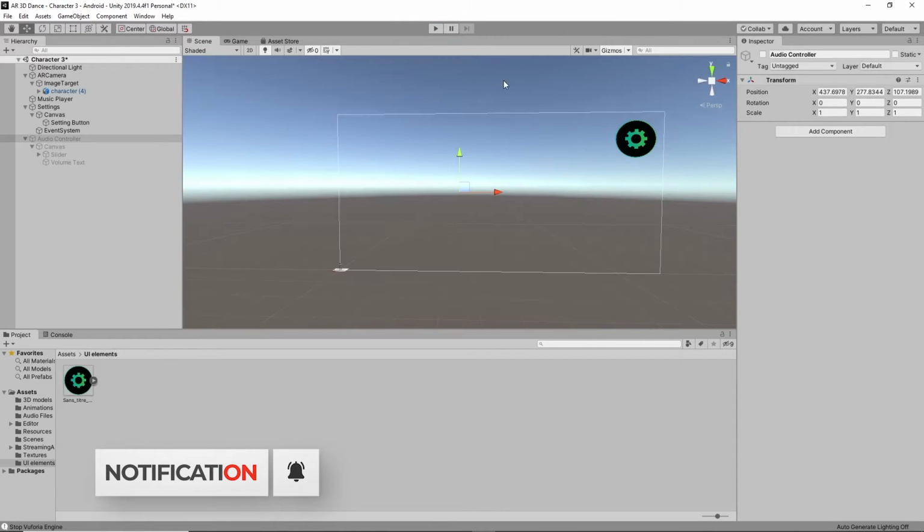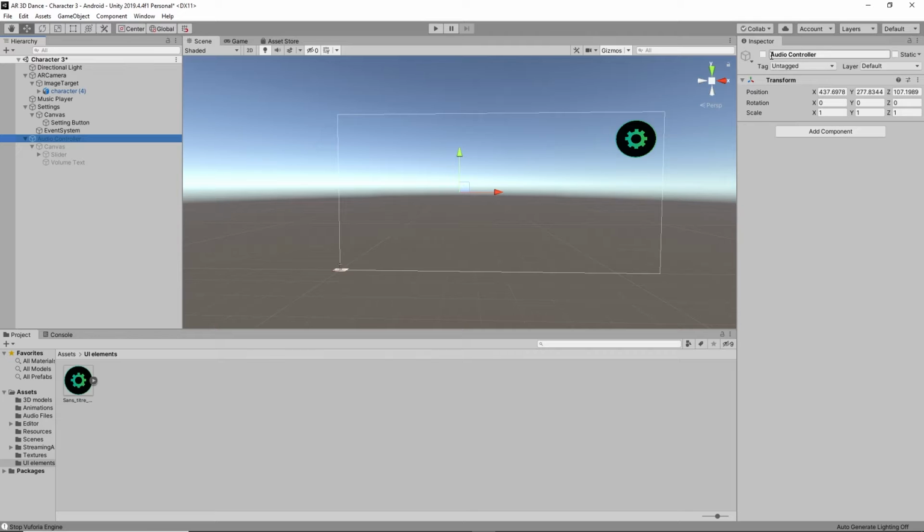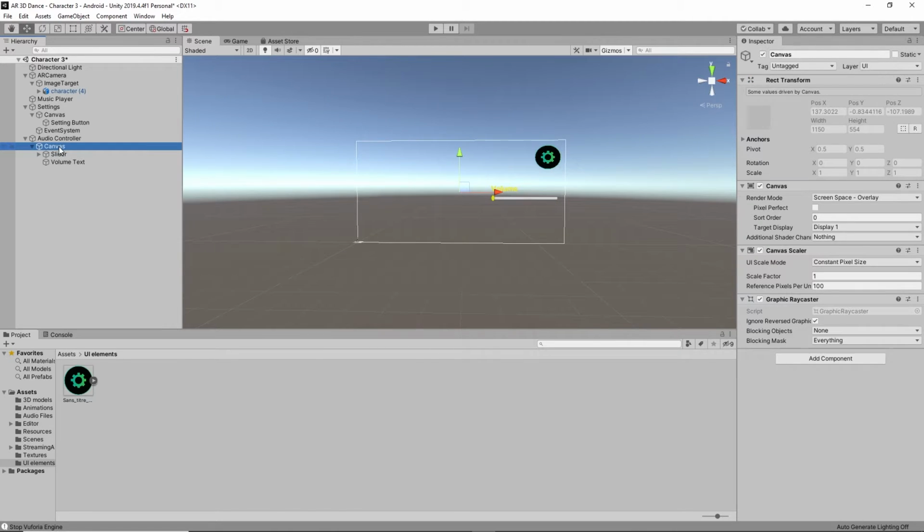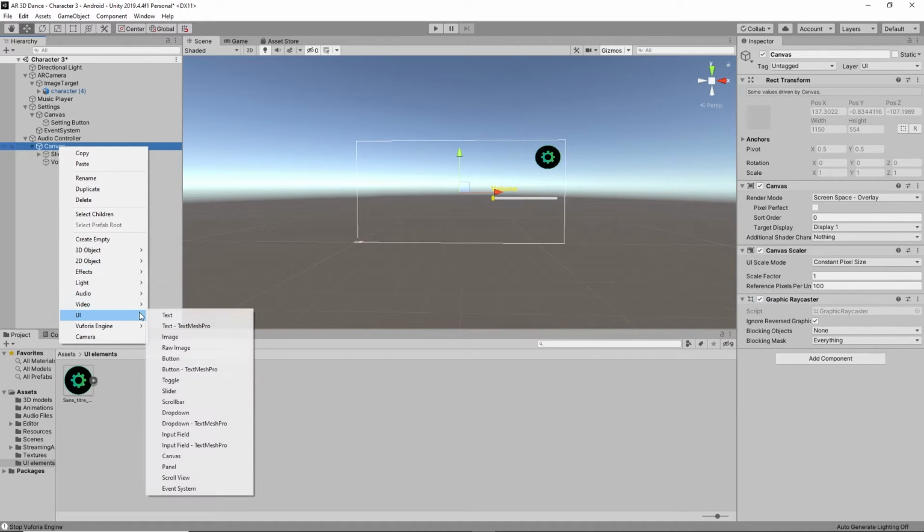We have to take one more button called back button in this audio controller. For now, enable this audio controller, and here you can take in the canvas one more button called back button, like a UI button.